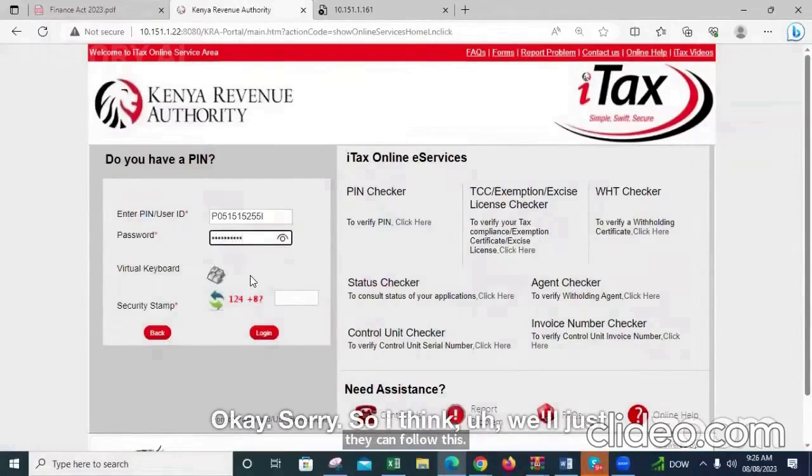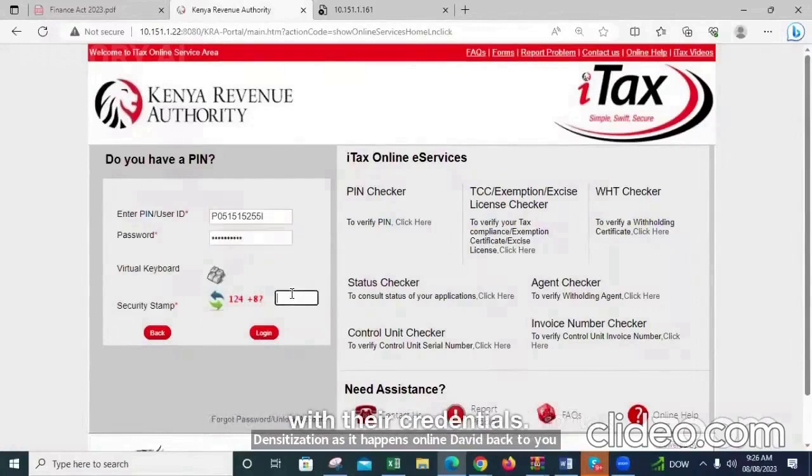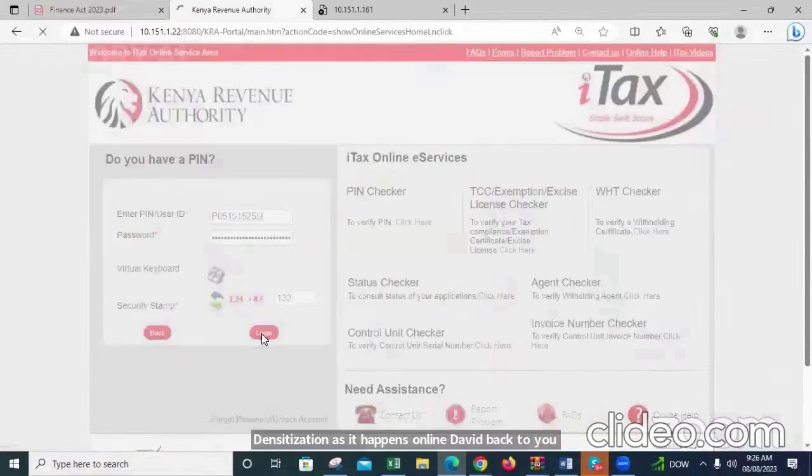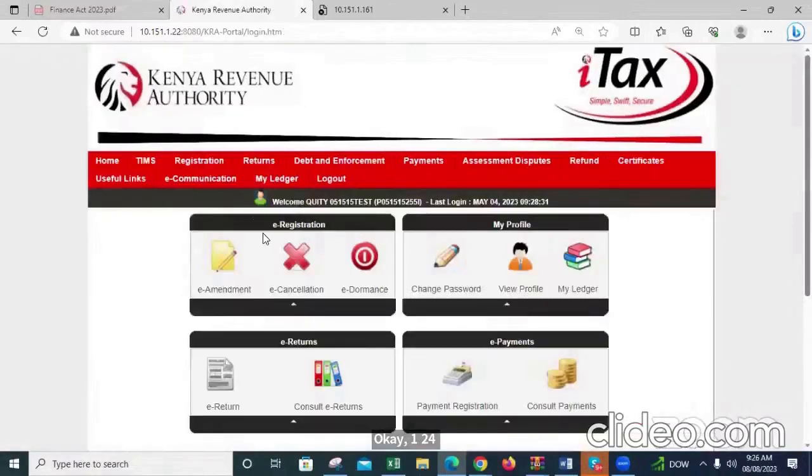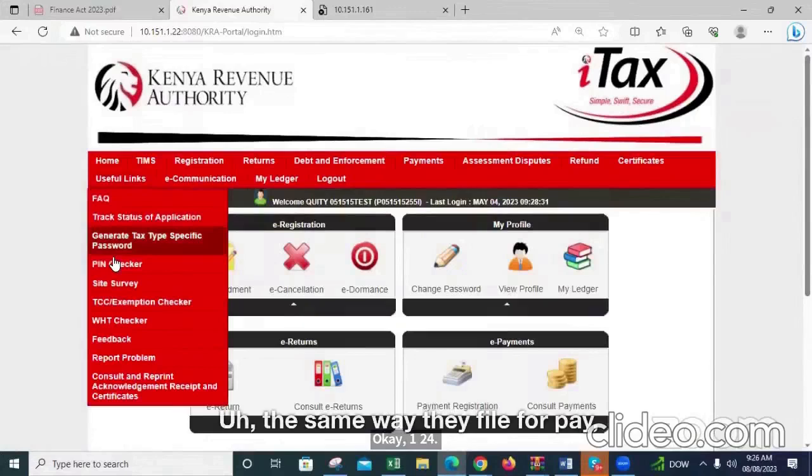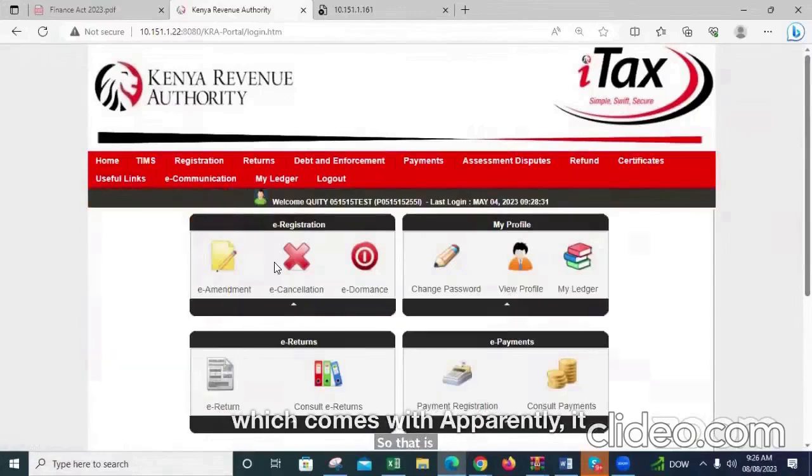Sorry. So I think we'll just proceed. The employer logs into iTax with their credentials. So that is it. The same way they file for PAYE, which currently comes with NITA,